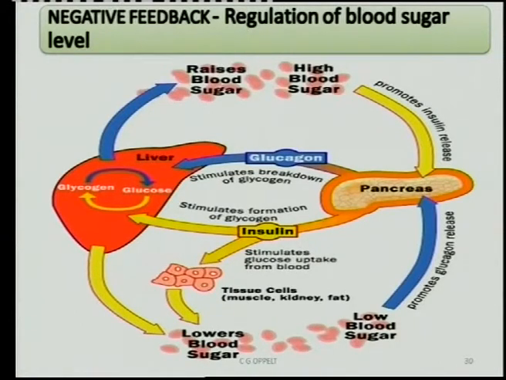The hormone glucagon. So when we talk about negative feedback with the sugar level, it's about the pancreas secreting its two hormones, glucagon and insulin. Insulin is secreted when there's a high blood sugar level. When the blood sugar level drops, insulin secretion is stopped. When the blood sugar level drops too low, glucagon secretion is stimulated to let the blood sugar rise again. And then when it's too high again, the whole thing starts all over again.